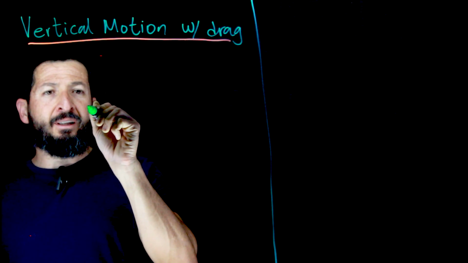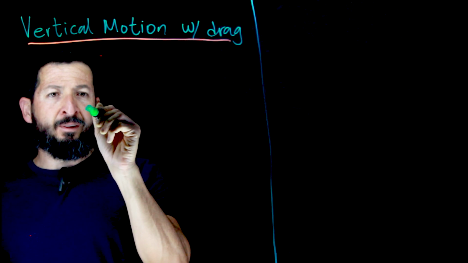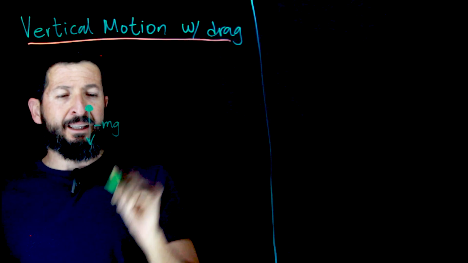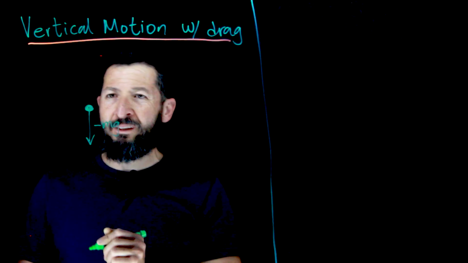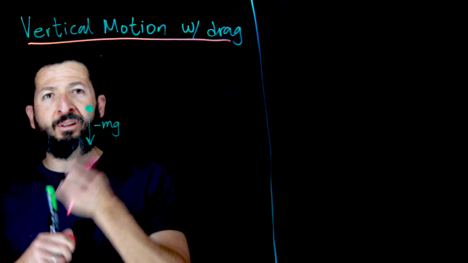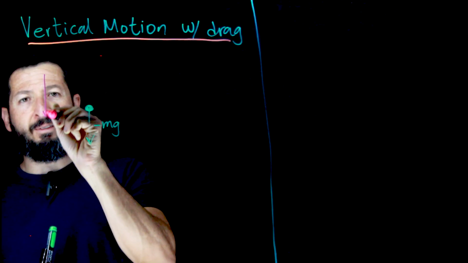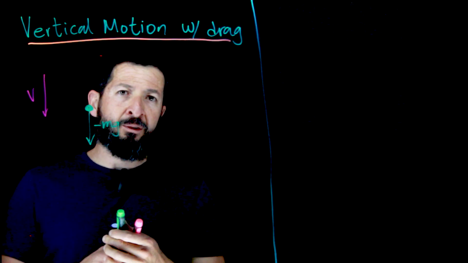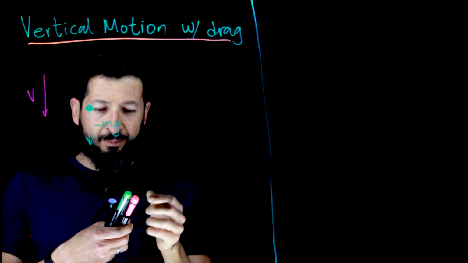So start with the case where you have an object that is falling and you have the force of gravity acting on it. I'm assuming g is positive. And if the object is falling, so the motion is going to be in this direction, the velocity is going to be in this direction. If the drag, say, is proportional to the speed,